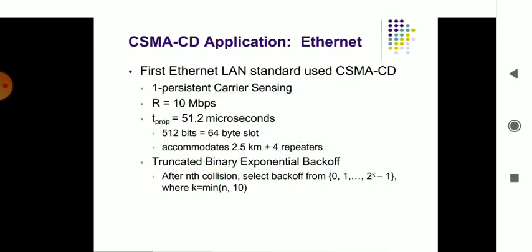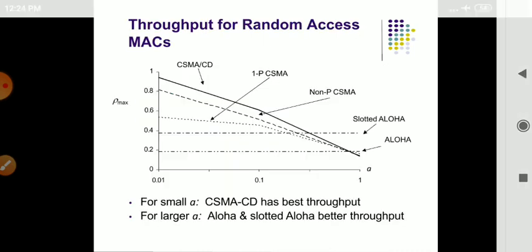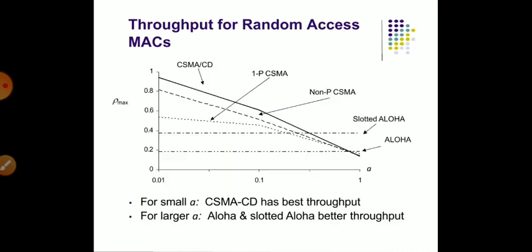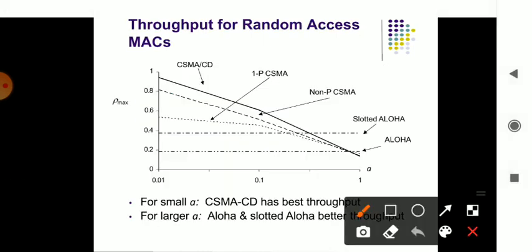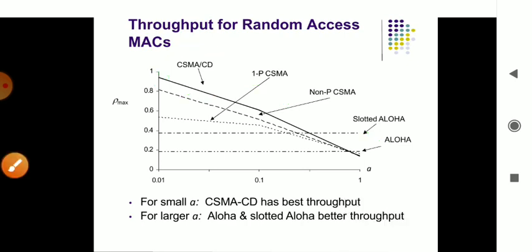Okay, the main application of CSMA CD is in Ethernet. It is a process of collision detection and once again transmitting the information. It has a throughput of its own, and the output is compared to Aloha, slotted Aloha, non-persistent CSMA, and persistent CSMA. Over all other techniques, CSMA CD has the advantage.